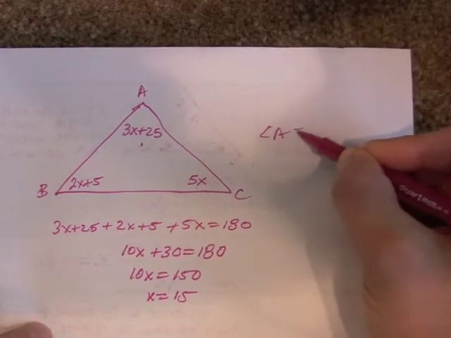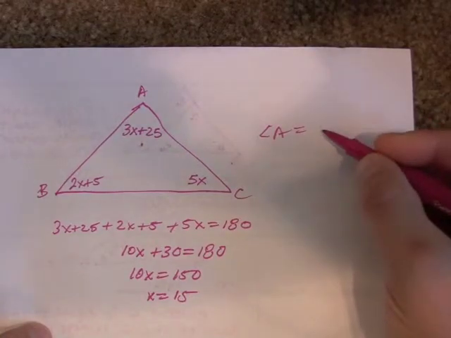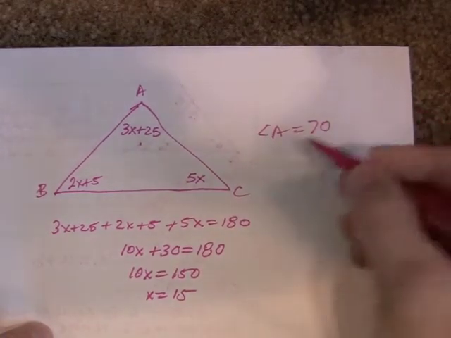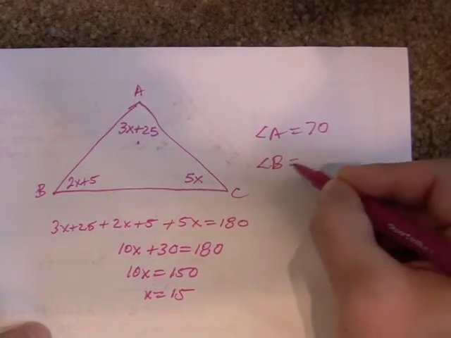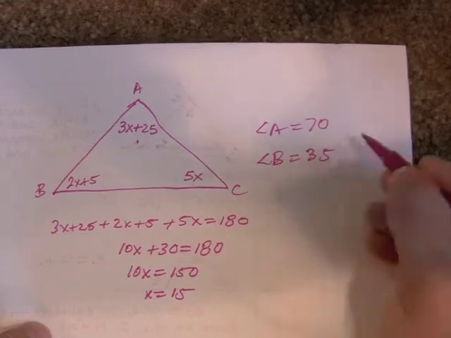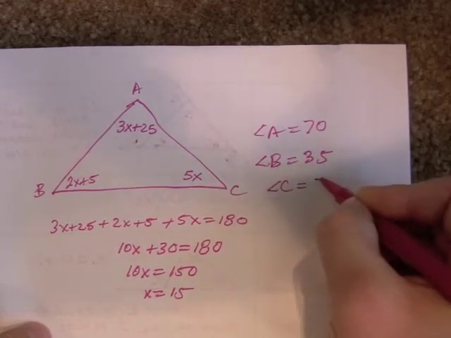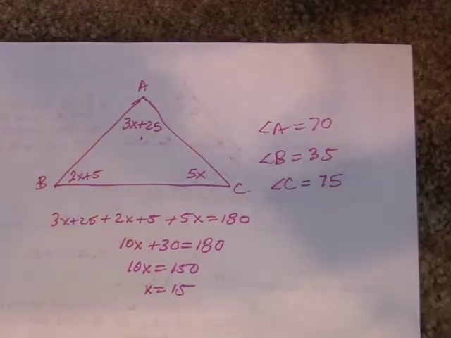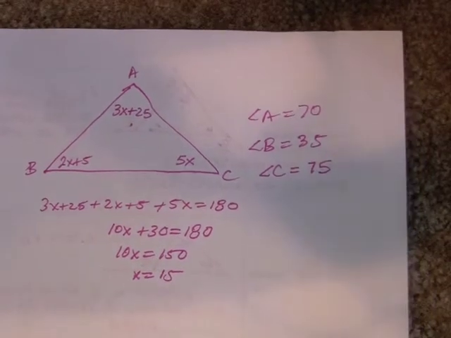And now that I know x, I can substitute back in to find each angle. So angle A would equal 3 times 15, 45, plus 25 is 70. Angle B would be 2 times 15, which is 30, plus 5 is 35. And angle C would equal 75. And that's one of the extra problems I want you to try. The next one is to